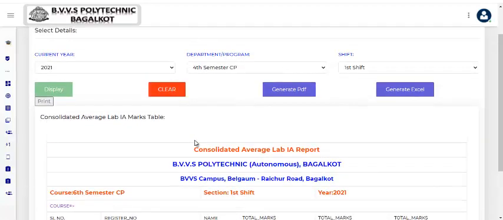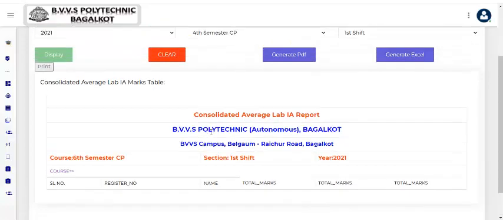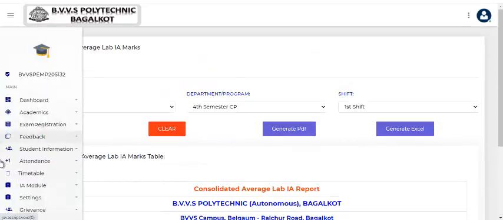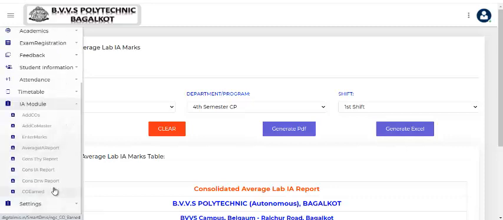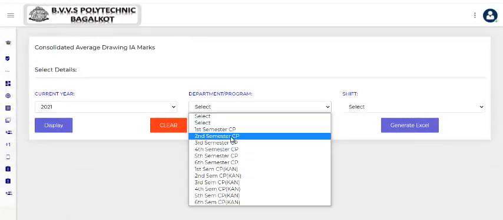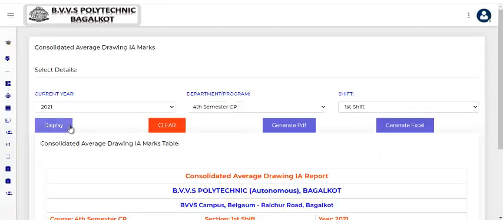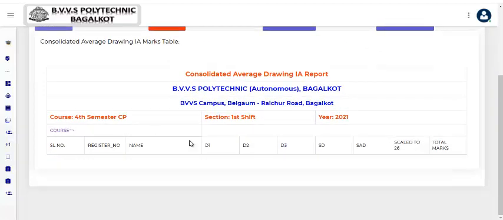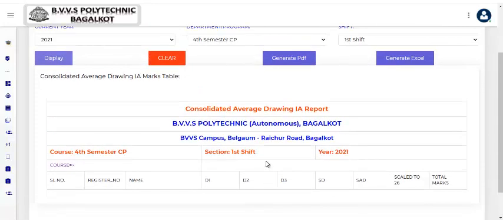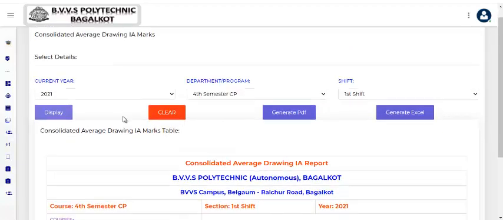Here, consolidated average lab reports we'll be getting, as we got the theory, in the same way we'll be getting the complete details here. And next I'm coming with the same, like we're having a consolidated drawing report also has been mentioned here. The same way for all the reports we'll be getting here. We have not just mentioned now. We'll be getting the complete details here of individual reports, like individual IA marks we'll be getting here.